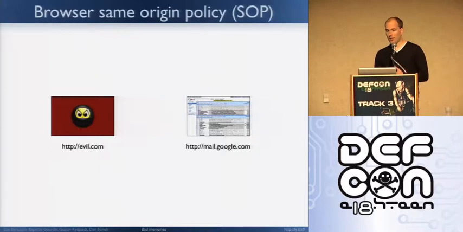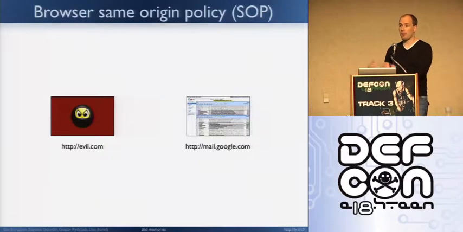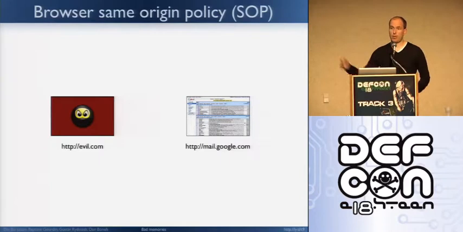It's basically meant to protect you when you are browsing multiple websites at the same time, because you have multiple tabs, or you have one iframe inside your page. The basic idea is the following. If you have two origins, on the screen you have evil.com and you have mail.google.com, the same origin policy does something very simple,